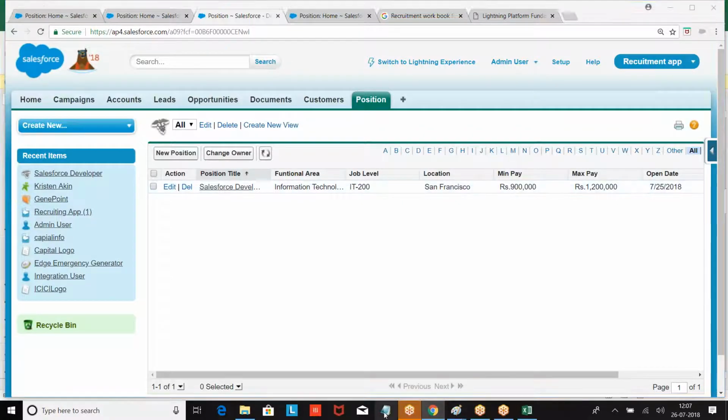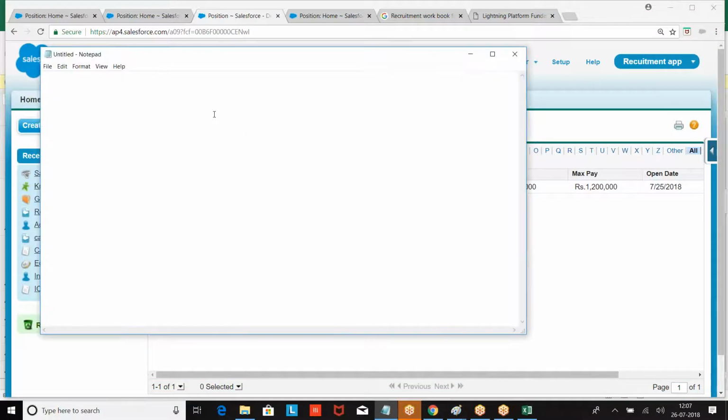Now let me give you one more time. What are the different types of pages we have seen? Home page. On home page, how will you control? Object, search layout, tab. Object, tab, add the fields. Then edit page or detail page.